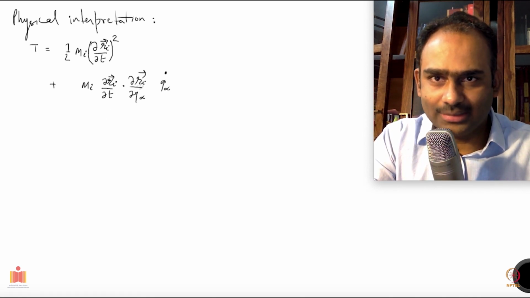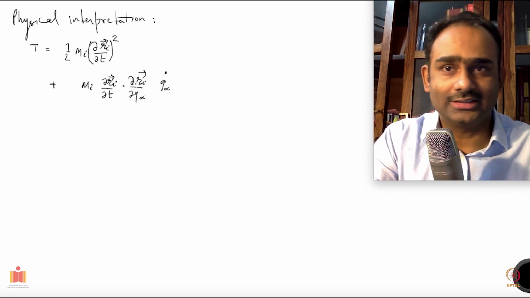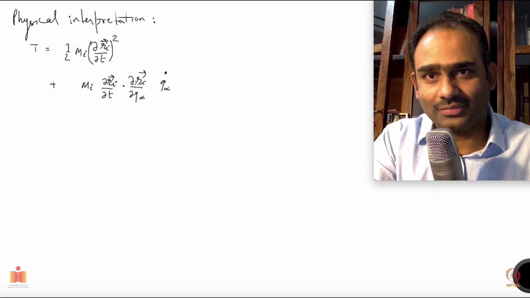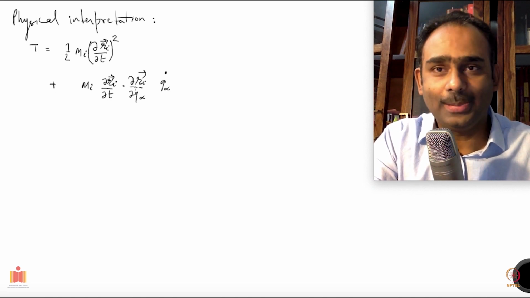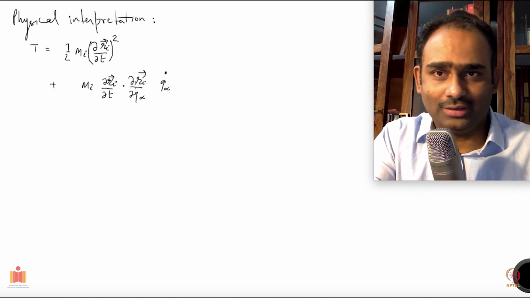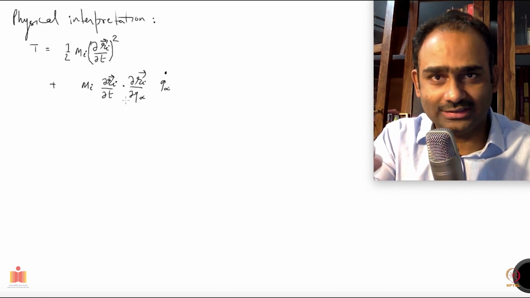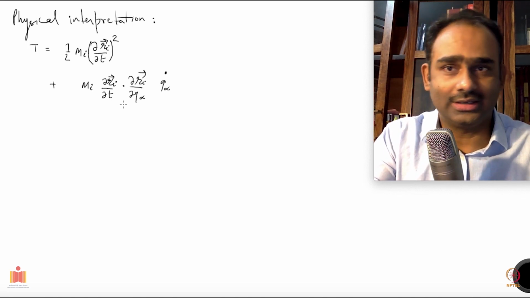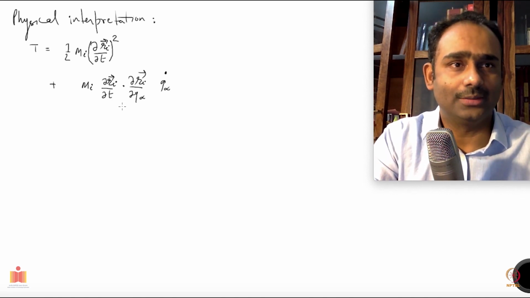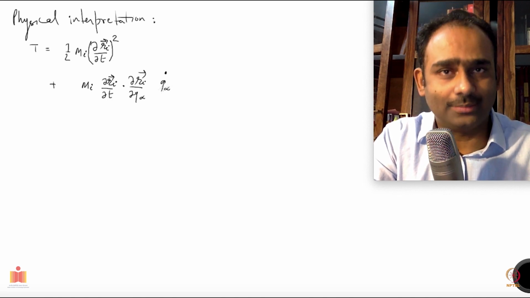The index i is repeated twice, actually thrice. So this is one of the cases where, even though it's appearing thrice, there is nothing wrong. This is perfectly fine. If you have not seen such things before, make sure that you sit down and convince yourself that this is fine. It's not violating our rule which we announced that an index cannot appear more than twice. And then your alpha is also repeated, so there is a sum over alpha also.